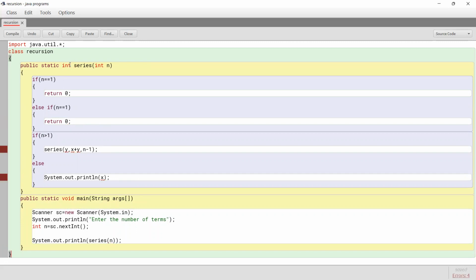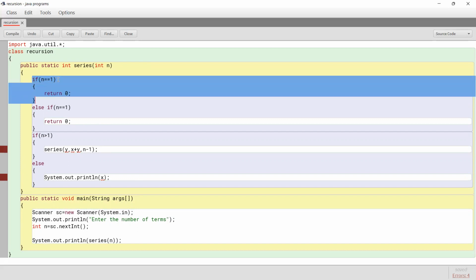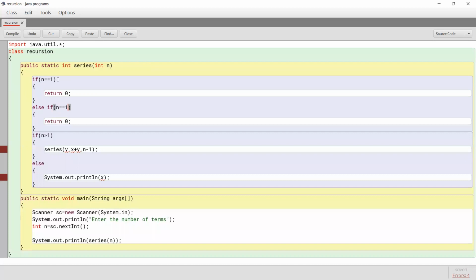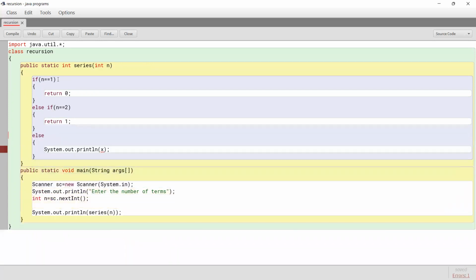If I receive the value n equals 1, that means someone is interested in the first term of the Fibonacci series, so I will return 0. That is the first number of the Fibonacci series. If anyone is looking for the second term, I will return 1. And if anyone is interested in any other value, I will return